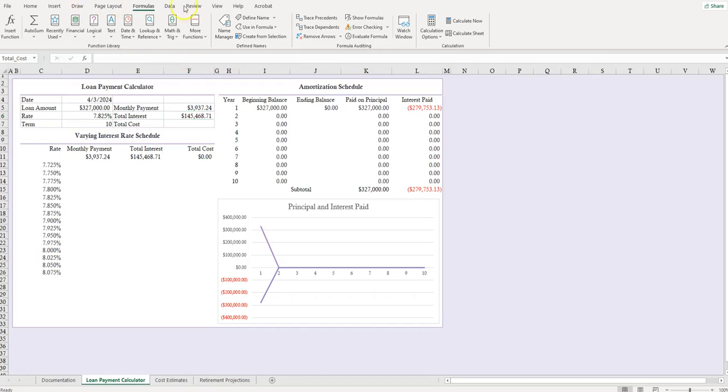Okay, on to step number 6. We will work in cell F7. In cell F7, we will enter a formula without using a function that adds the loan amount to the total interest to determine the total cost of the loan. So in here, we will just simply type in our equal sign. We're going to add our loan amount, which is the $327,000. Then we will add that to our interest so that we know how much we are repaying completely at the end of our loan. Once you have that all in there, you can hit enter,